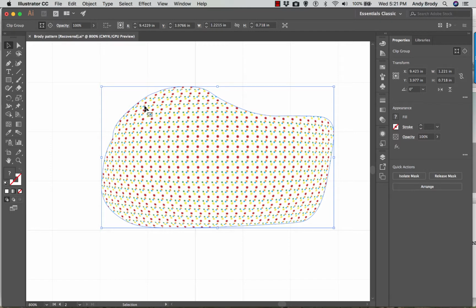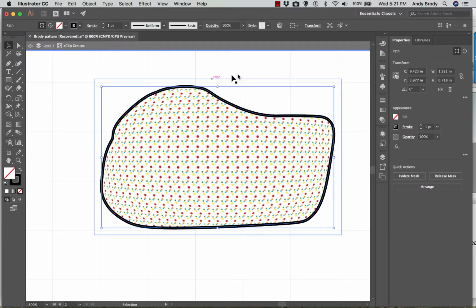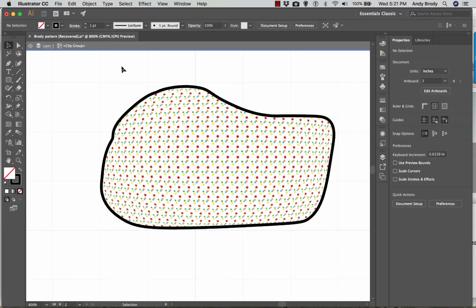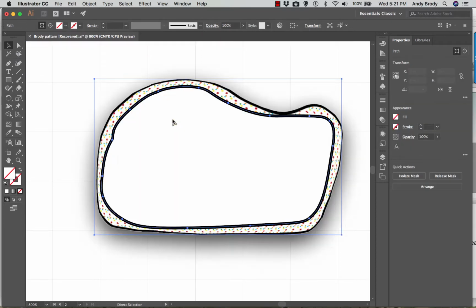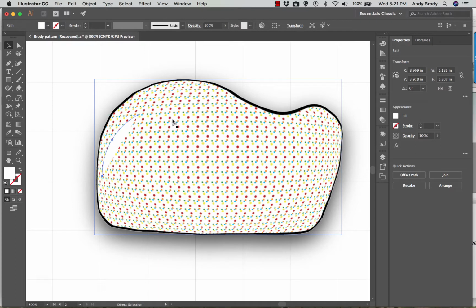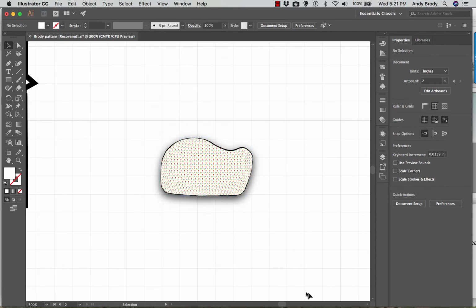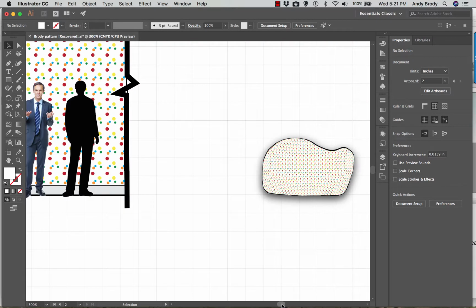And what it will do, it will crop the image, and you can come back in here and grab the path and change the line weight and apply brushes and all that kind of good stuff. Okay, so either way, I think in this case I actually am just fine with the way it looks as an image. Okay, and now we can just drag this guy over, whoops, to our